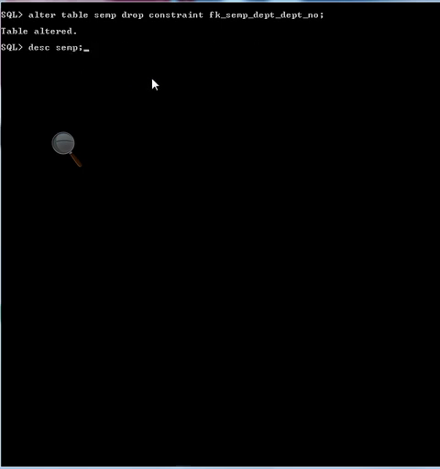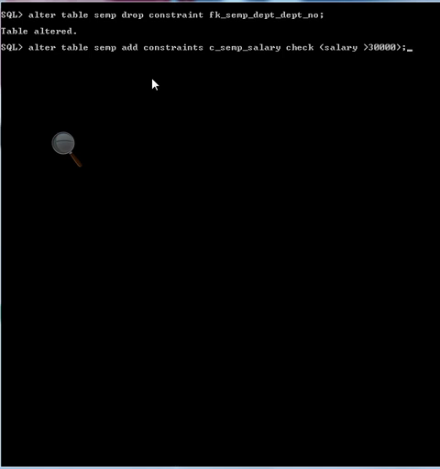Let's see what was the name of the check constraint. CACMP salary. Okay, the name of the check constraint was CACMP salary.